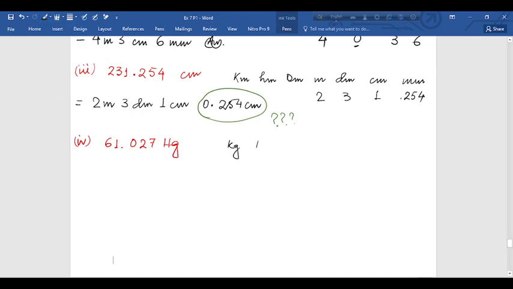Kilogram, hectogram, decagram, gram, decigram, centigram and milligram. Now it is written over here 61.027, it is 61 point